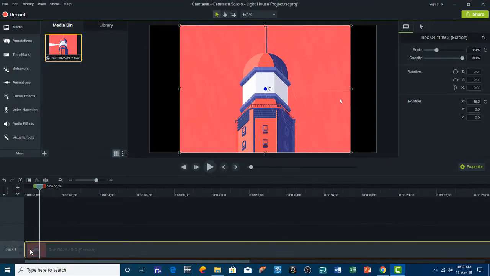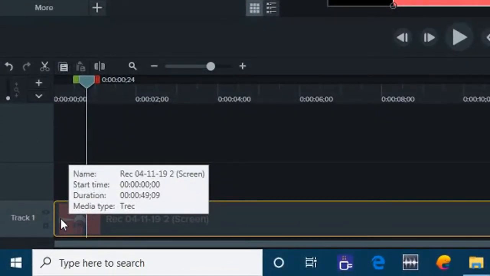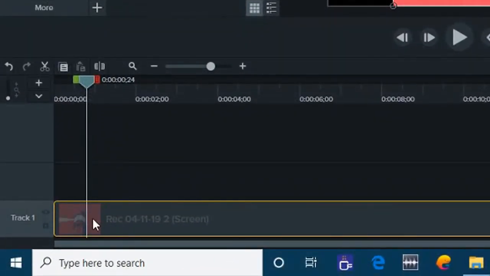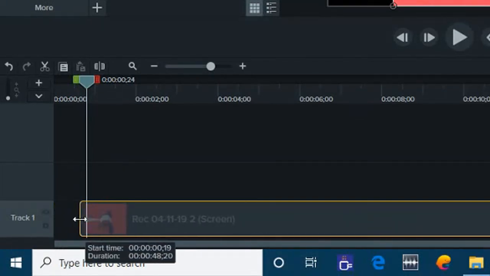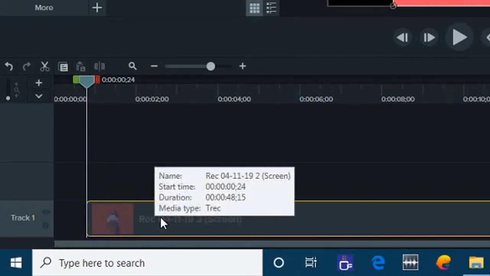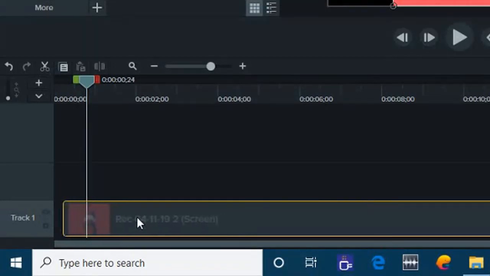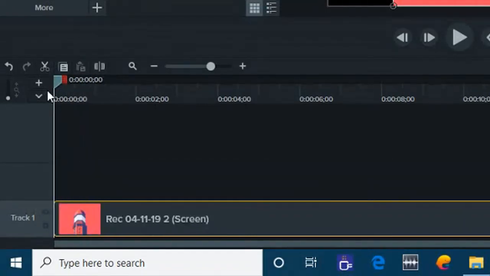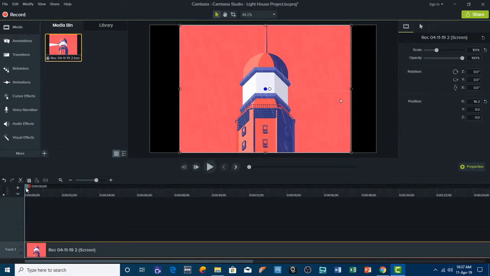So I want to crop that part of the animation. You can easily do this by pointing at a specific point, moving that slider to a specific point, and then holding down this clip here from the yellow bar and then just dragging and dropping it on the slider. So that part is removed now, and you can move that clip back to the 0 second of your timeline. So now I can watch that animation step by step just by moving this slider in the timeline.